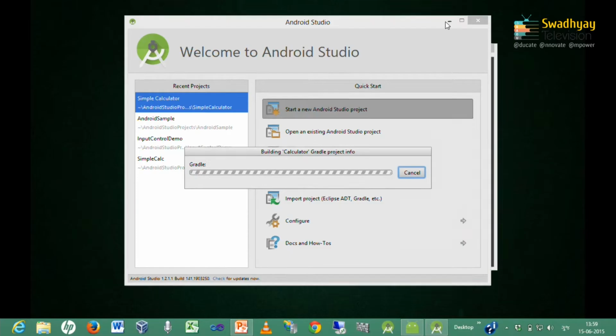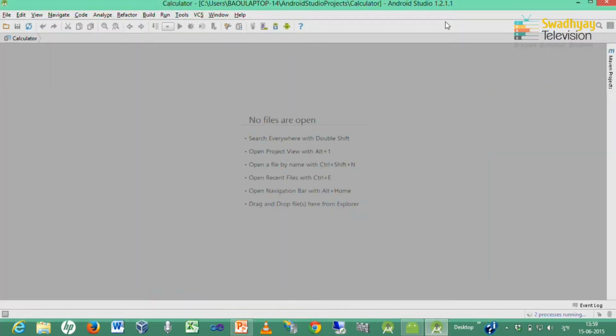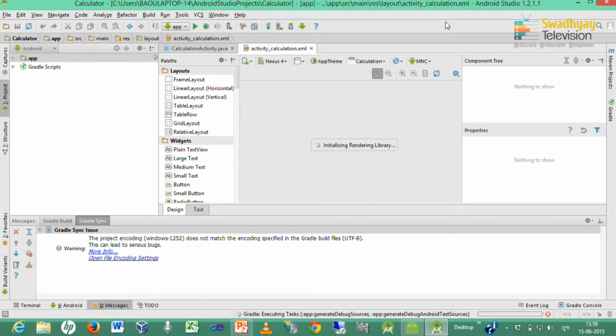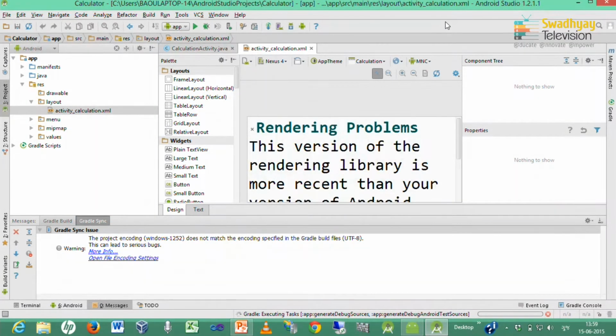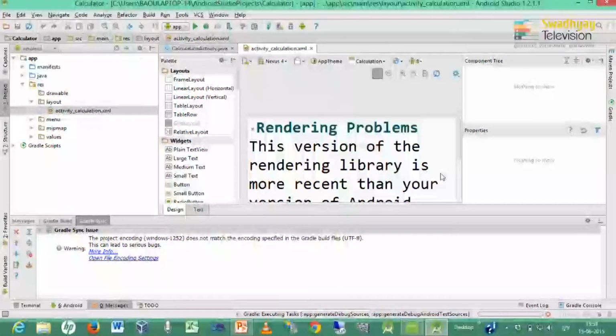It creates an activity for you, one blank layout for you, and then you can easily start your app. So here I am changing our API level to 8 and version to 2.2.